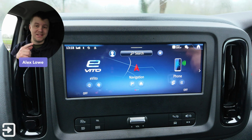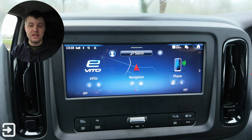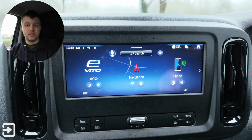My name's Alex, and today we're going to look at the infotainment system on the brand new Mercedes eVito 2024. This one has a much better infotainment system than the last version of this van, which had a much smaller screen and some buttons on the left and right hand sides. This one is now 10.25 inches and has support for a lot of good features such as wireless Apple CarPlay, Android Auto, and also the Mercedes official app, which lets you precondition and see where the